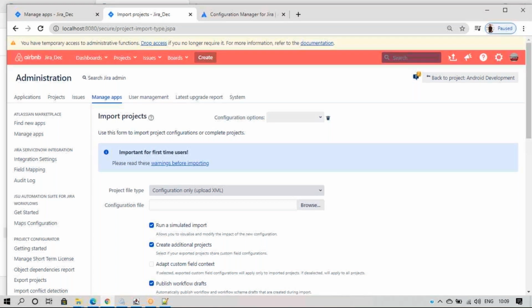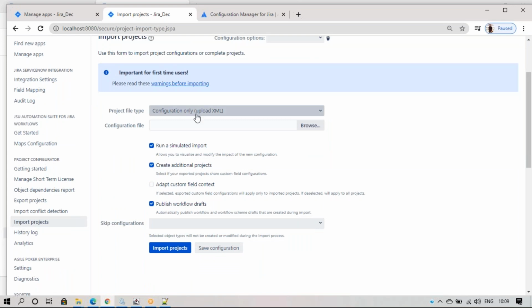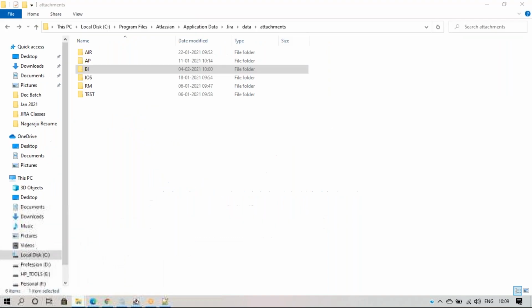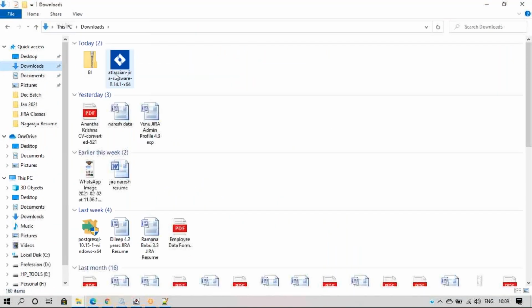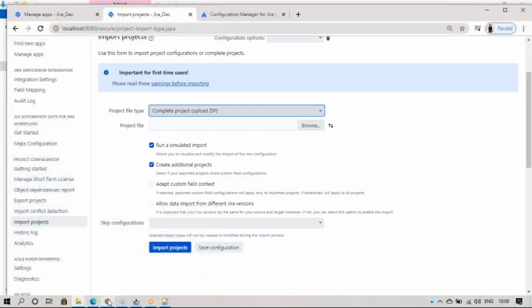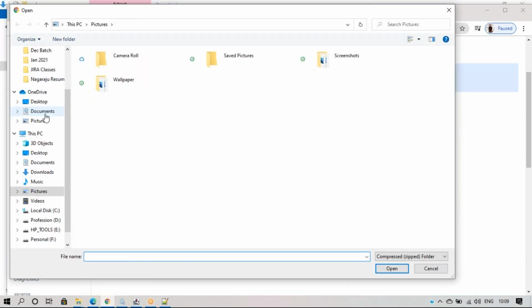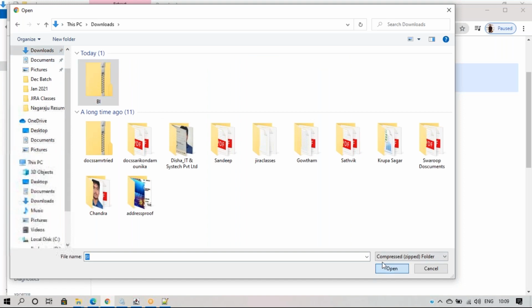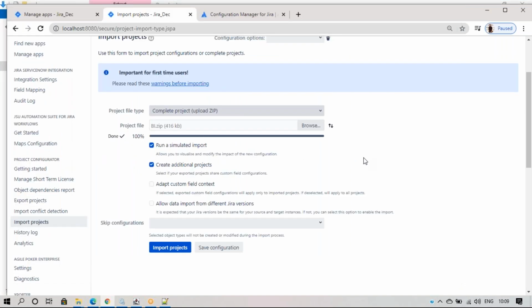So in the import project, we have a project file type: upload XML file or upload zip file. What I have here is zip format, right? If I open the download, it is a zip format. Okay, I need to select zip, then browse. When I click on browse, I need to select the backup I've taken. Download BI project. Open. Done 100%, and run a similar import project, create additional project, and